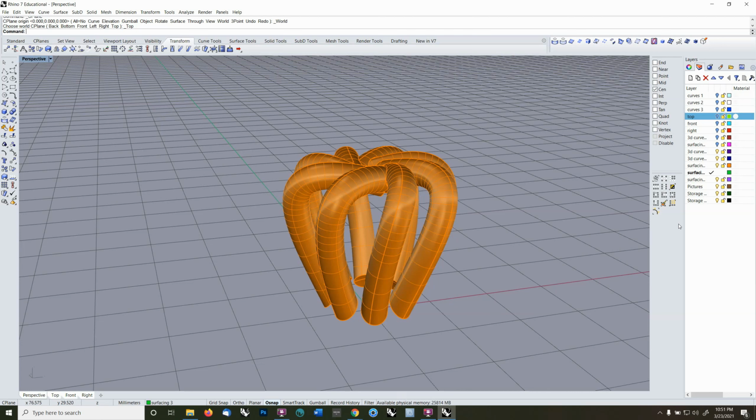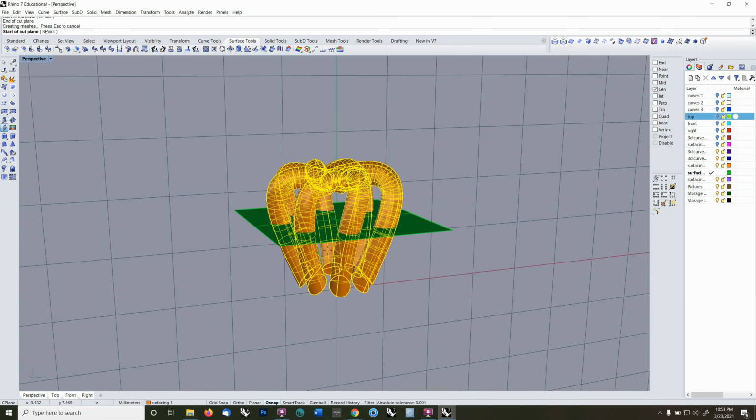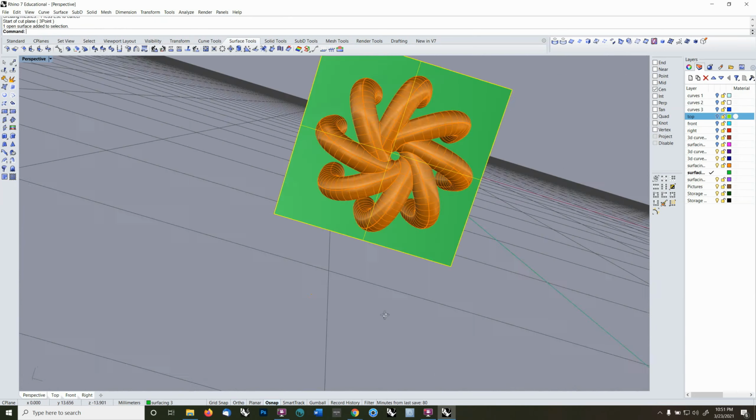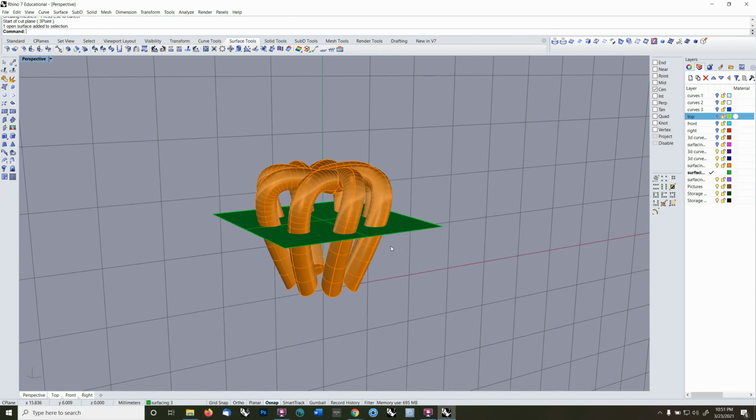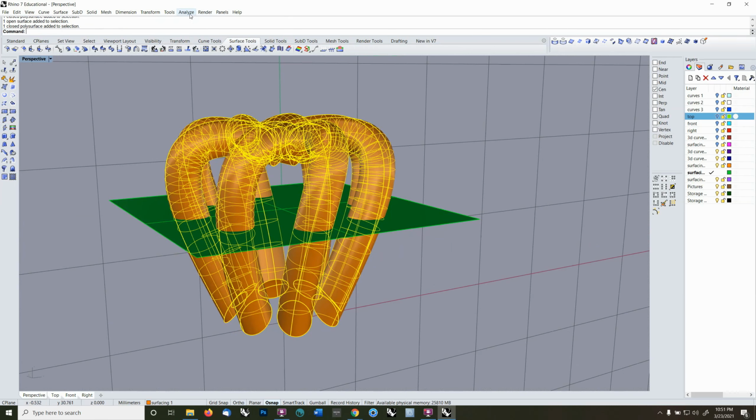However, let's say I want to use a surface to cut this. I'll just use a flat surface. Cutting plane. That's fine. Solids, Rhino knows the direction for. If I ask for a direction,